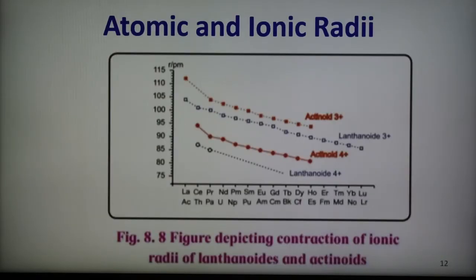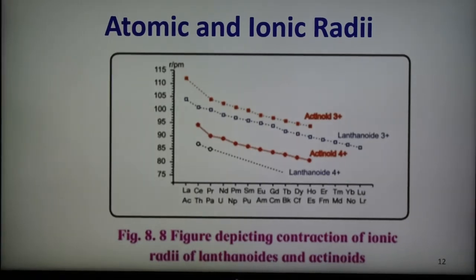So here we can say that this small decrease in the atomic size or the ionic radii is known as lanthanide contraction. Now the question is, what is the cause of the lanthanide contraction? Why is there a contraction? I can give reason 1: the cause of the contraction is the imperfect shielding of one electron by another in the same subshell.